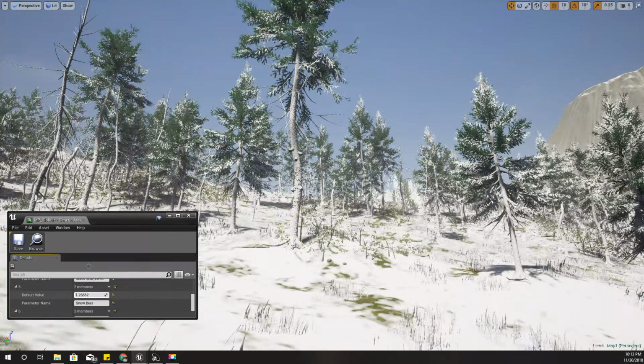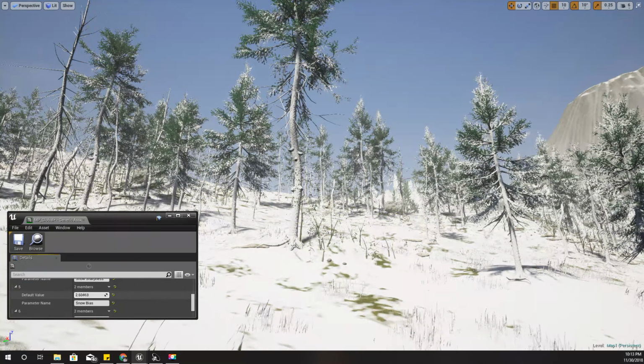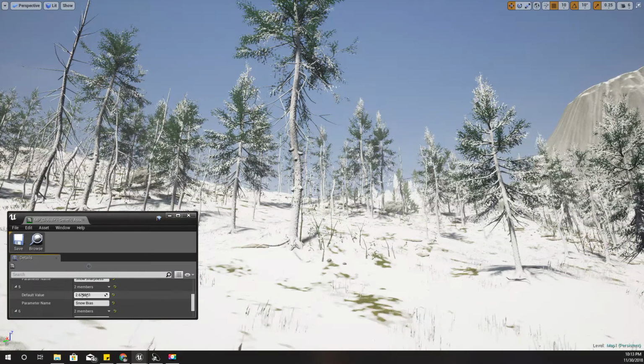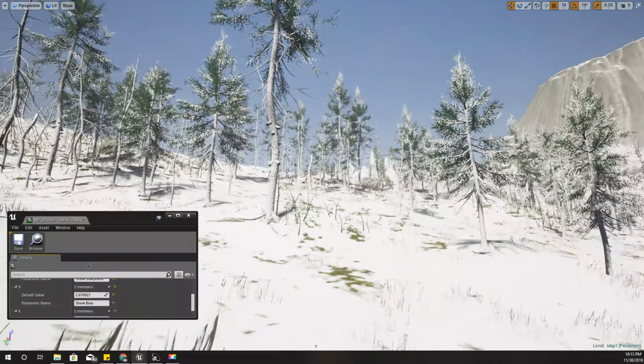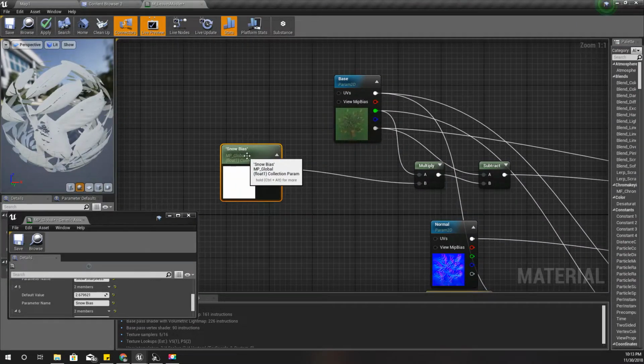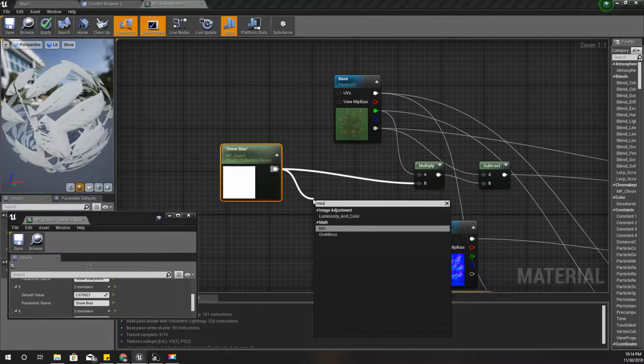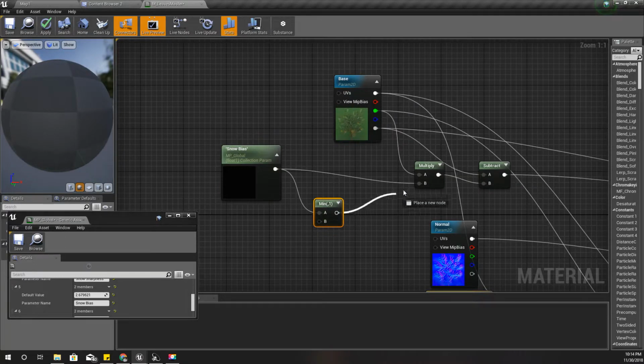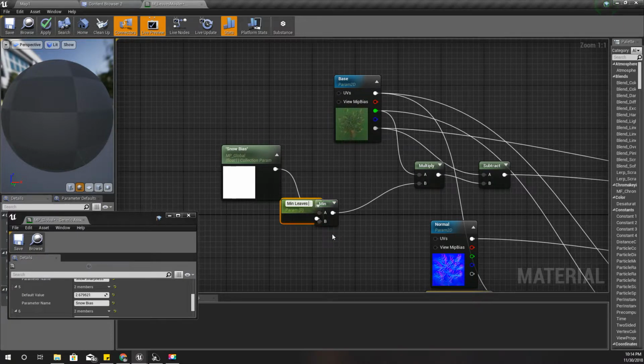And one small thing, let's say we need to have a condition like no matter the snow bias, this should be the minimum. There should be some minimum amount of leaves that should be present in a tree. So to define such a rule, we can do something like this. I'll select min from this one, and for this other parameter I will promote this to a parameter. And name this as min leaves level,